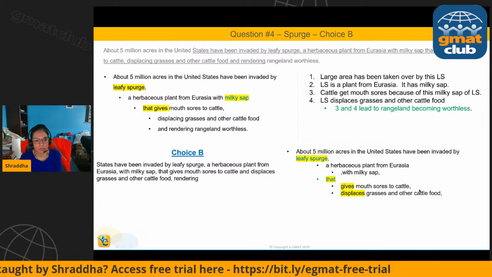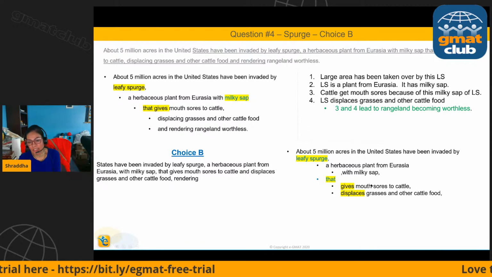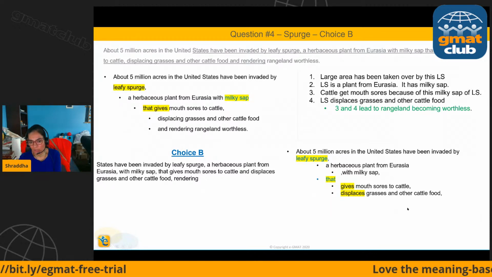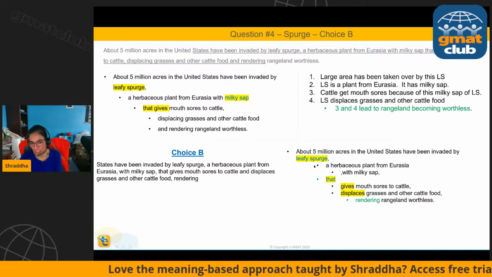And I think the "and" is missing over here. There has to be an "and displaces", yes, "and displaces grasses and other cattle food." And then we have "rendering rangeland worthless." So what this sentence is saying is that everything is fine till here,